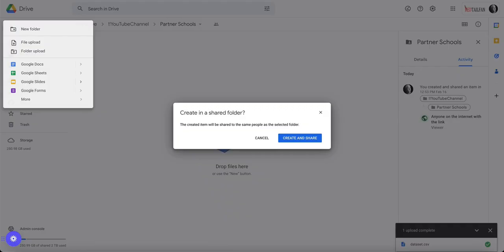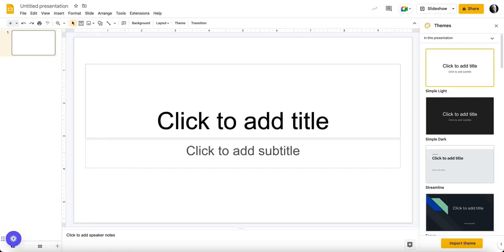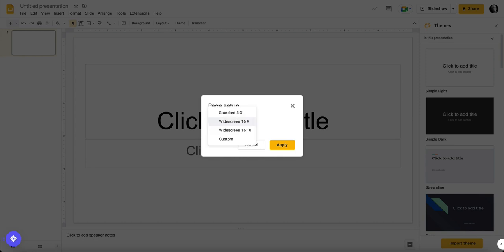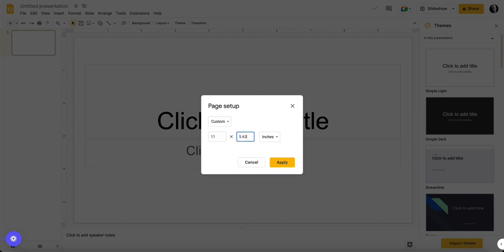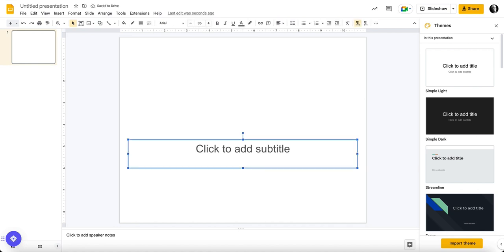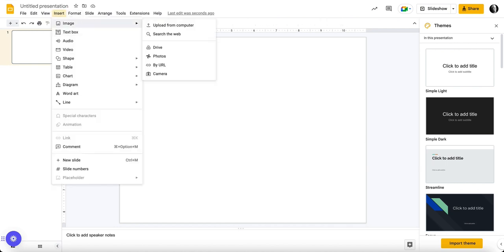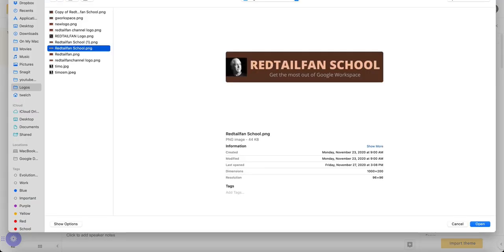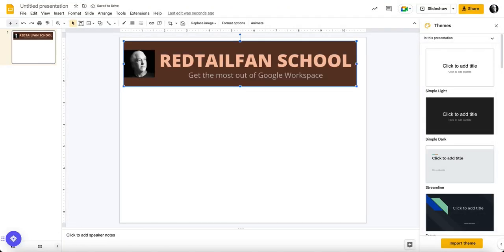Let's take a look at how we could do this. We're going to add a slide presentation, make some modifications, and make it into an 11 by 8.5. We'll go ahead and get rid of the basic template, and we're going to add a logo. We'll find a logo, upload one from our computer, and we're going to add a couple of text